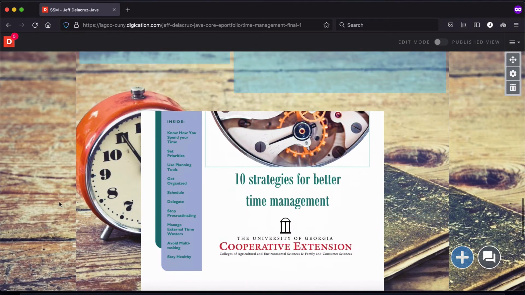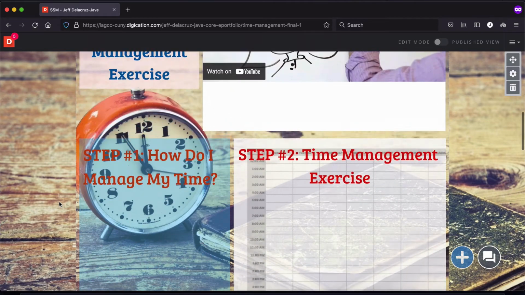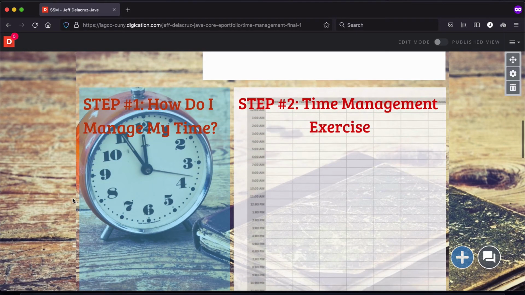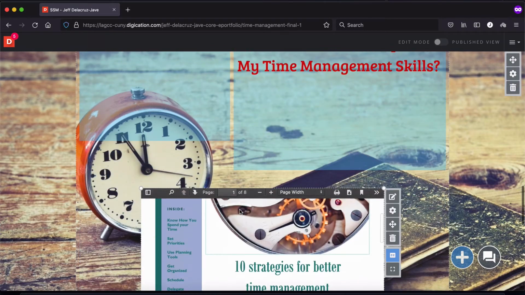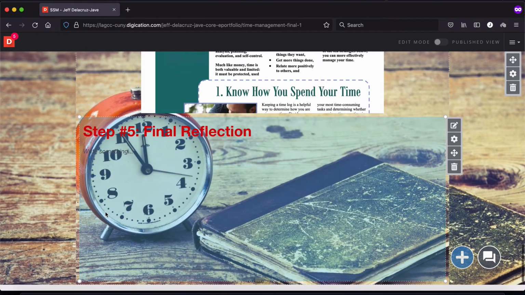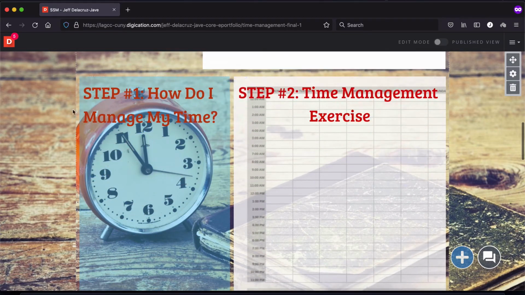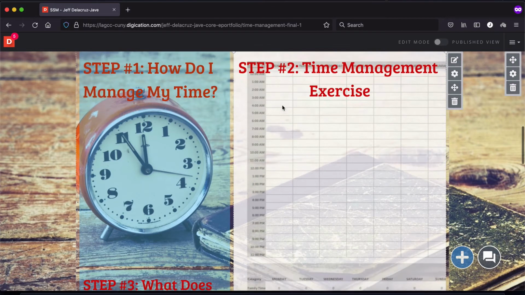So now you need to complete all this page, the whole page. So you have 5 steps. You need to complete all of them. Step number 1, 2, 3, 4, and 5, which is at the bottom. Now,